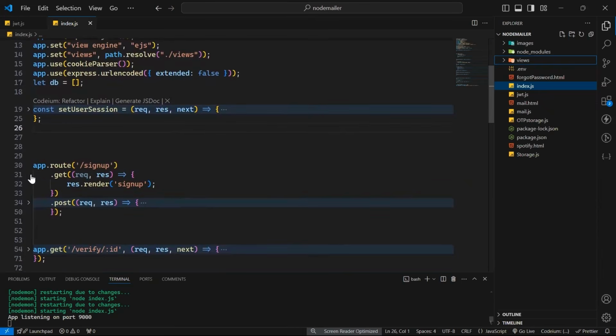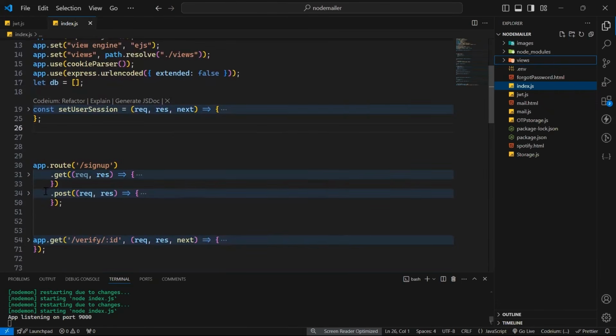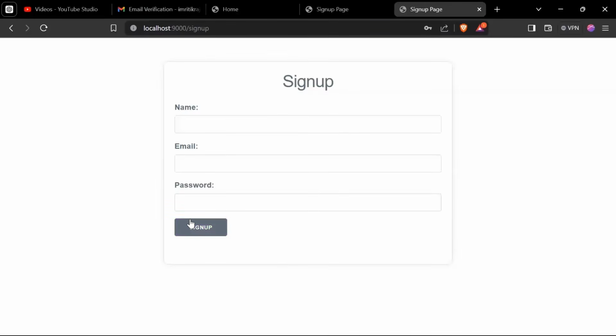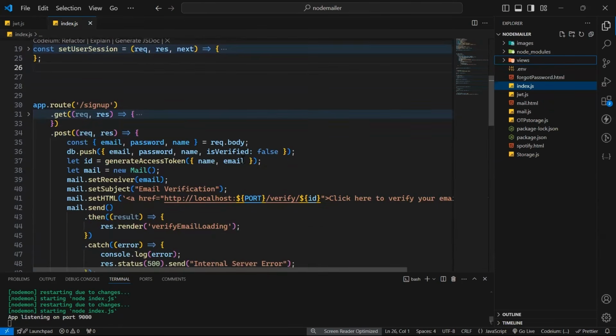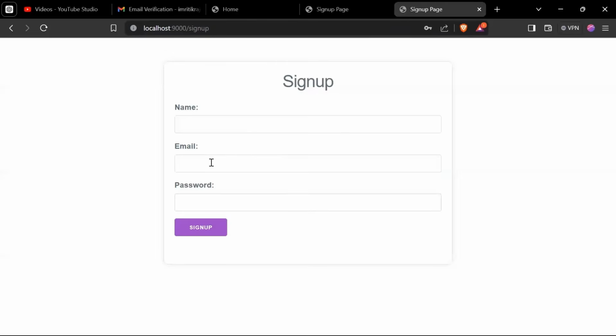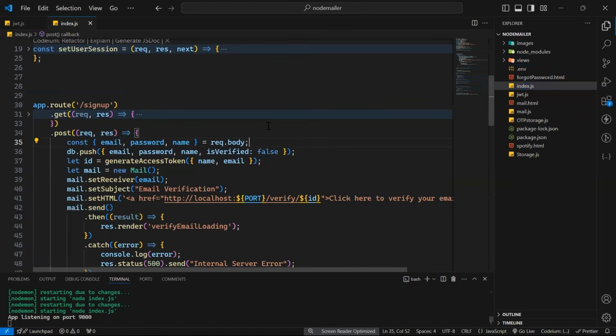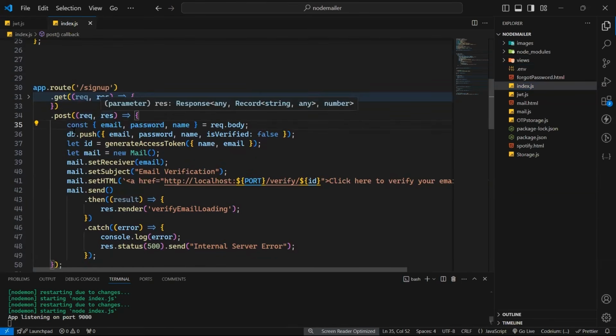तो जब वो साइनअप पे गेट करेगा तो ये पेज मुझे ये Node.js रिटर्न कर देगा, ठीक है। एंड जब मैं इस पर साइनअप पे क्लिक करूँगा, तो ये पोस्ट मारेगा। पोस्ट में मुझे बॉडी से बेसिकली ये फॉर्म मिलेगा, और फॉर्म से मुझे बॉडी में ईमेल, पासवर्ड और नेम, ये तीन चीज़ मिलेंगी, ठीक है।